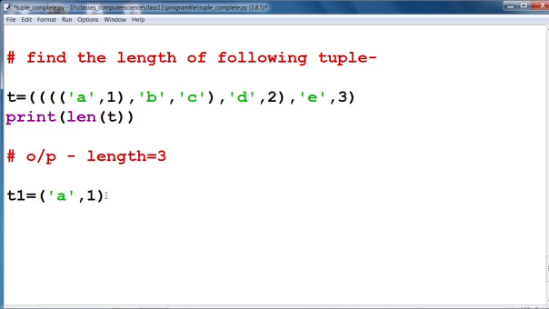Now again, t2 equal to the next tuple, which contains the elements of this tuple and these two elements, that means up to this bracket. Now t2 contains t1 and the elements b and c.